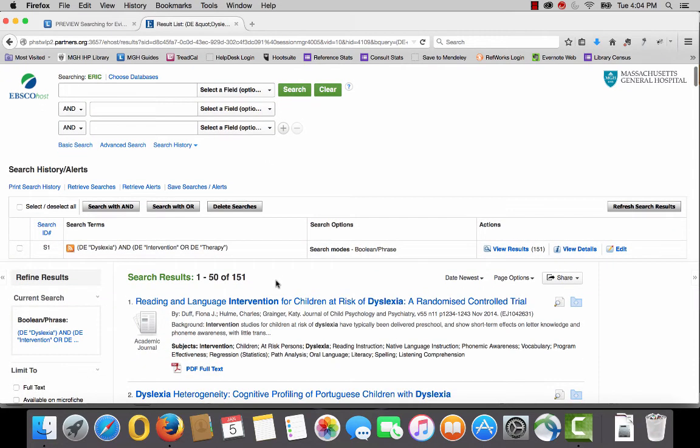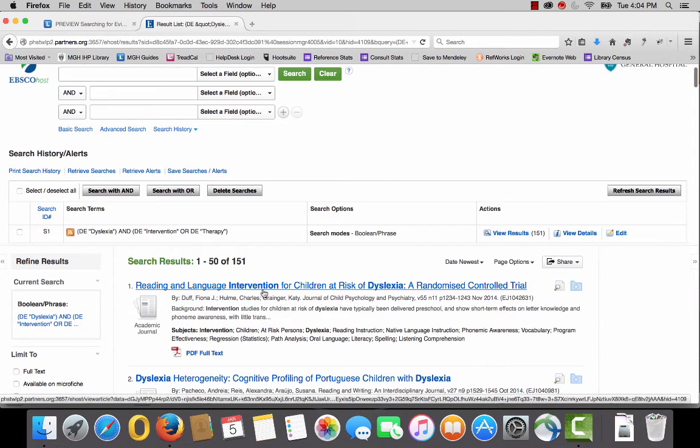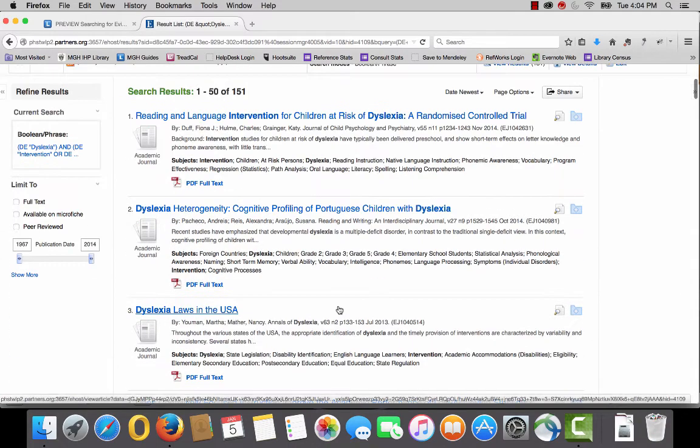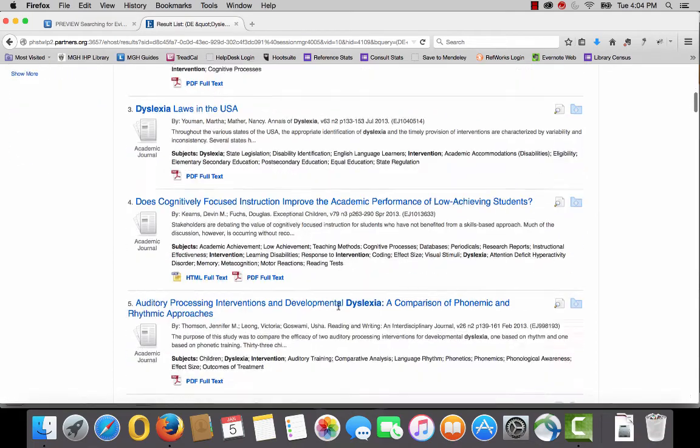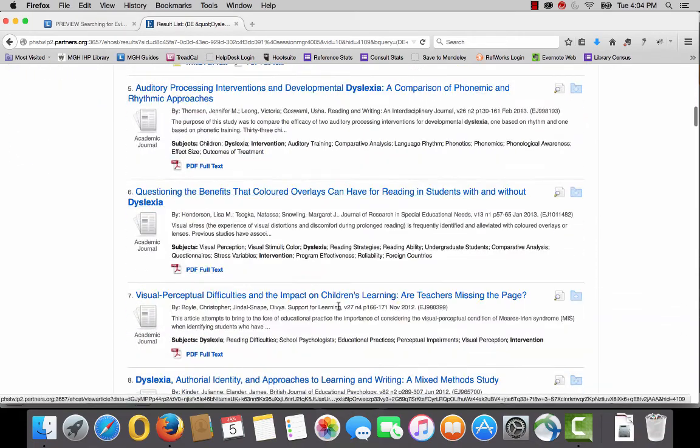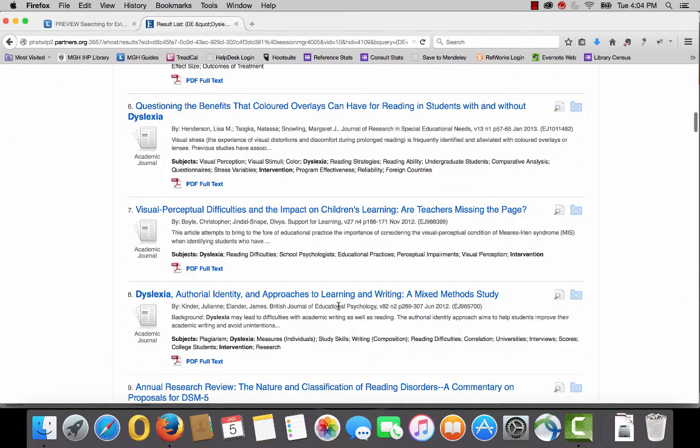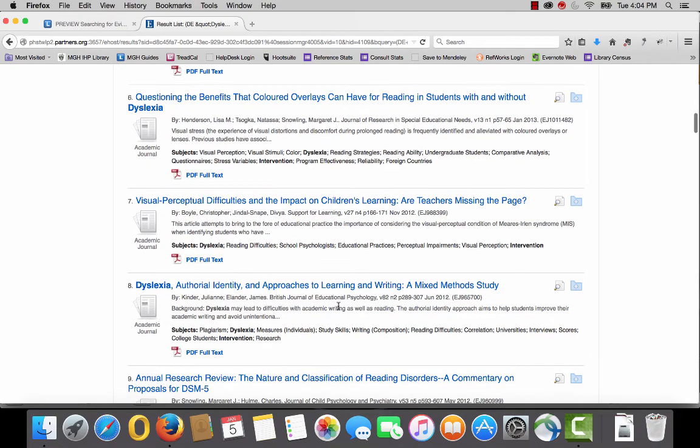And we got quite a few. So 151 came up. Reading and language intervention for children at risk of dyslexia. Oh, this is one we saw in PubMed. Yeah, so a lot of these look really interesting. Again, I could get more specific if I needed to. If I wanted